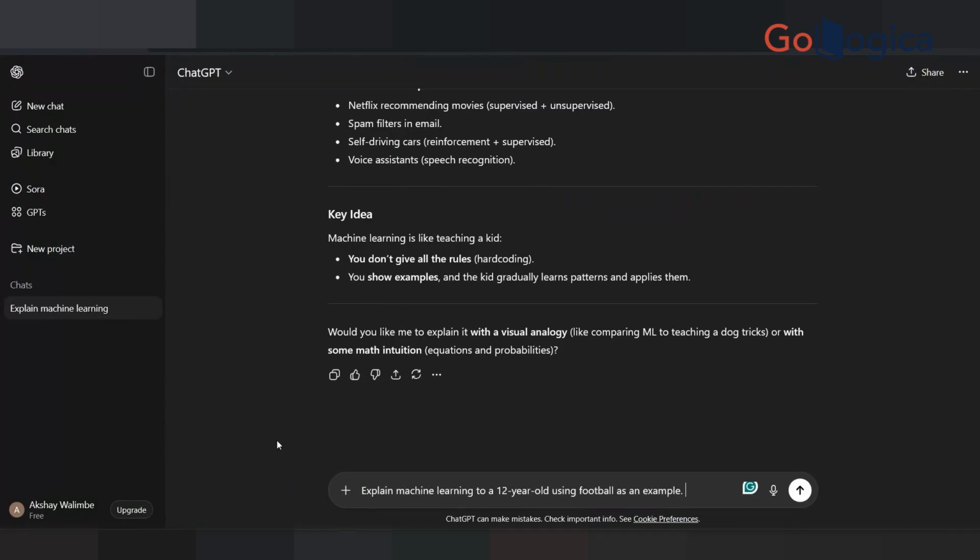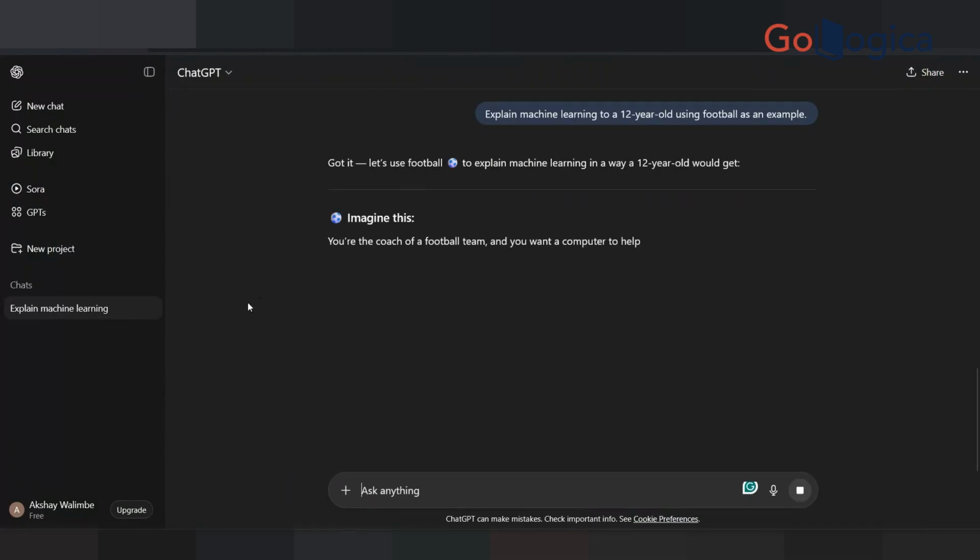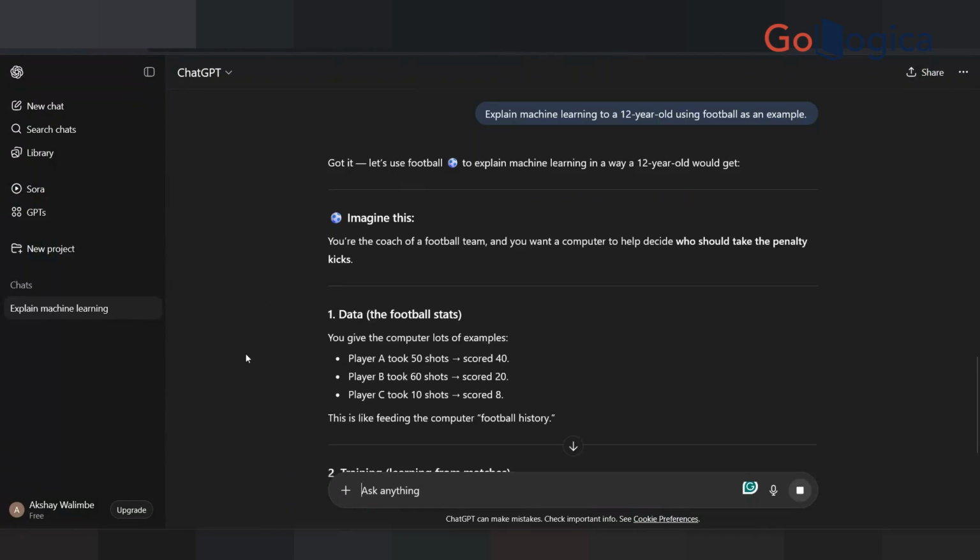If you put this into the prompt, now it still doesn't know anything about me. It's a very generic question. But now I added a little more context: to a 12-year-old using football as an example.